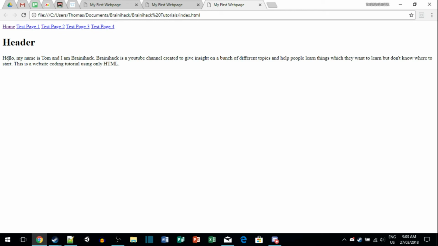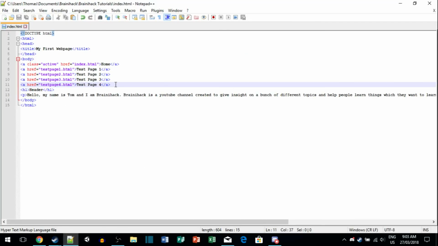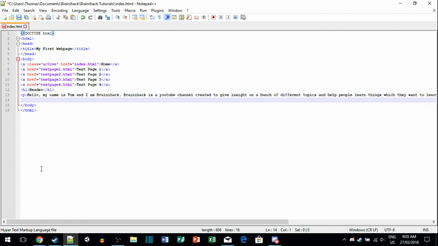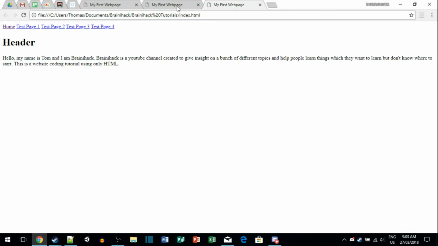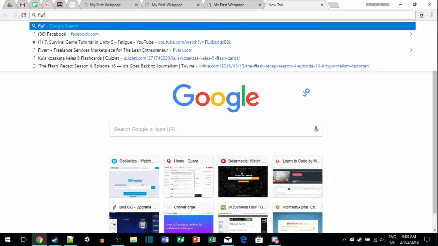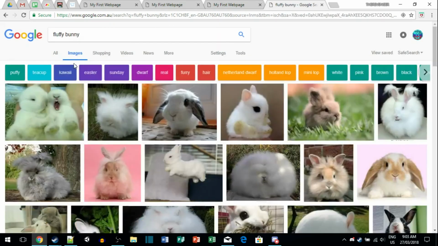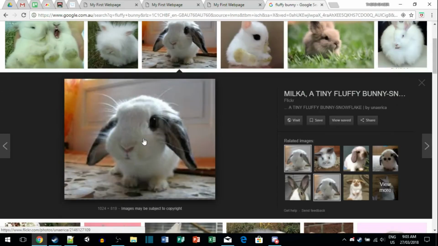We have also got a paragraph, and next I'm going to teach you how to include images in your website. So there's 2 different ways that you can incorporate images in your website. The first one is that you can use a website link or just an image link from your browser or search engine. So for example, if I was to look up fluffy bunny, go to images, and then we can just take this picture